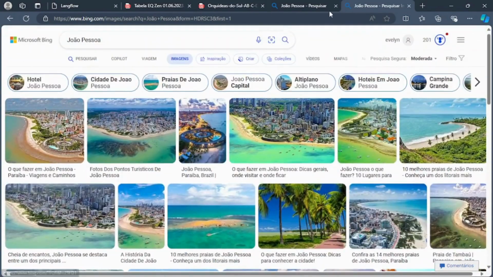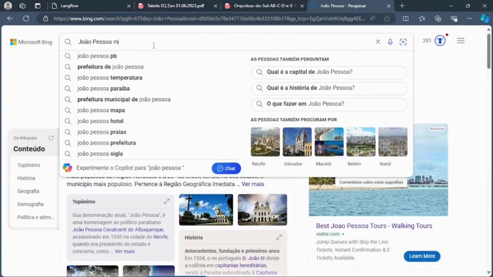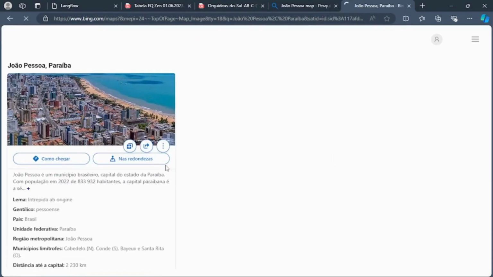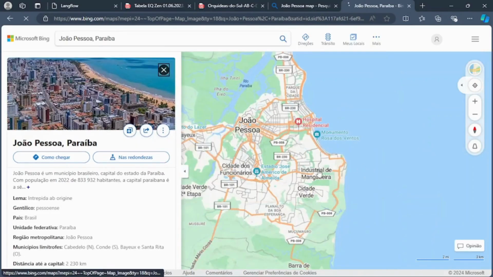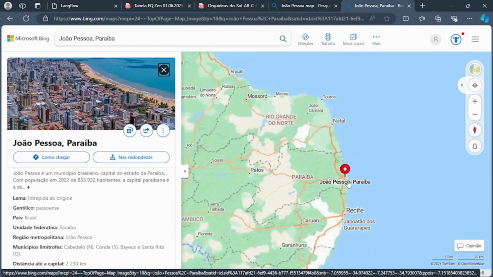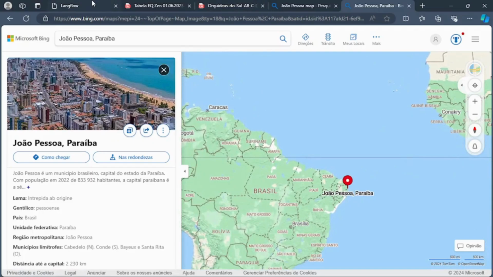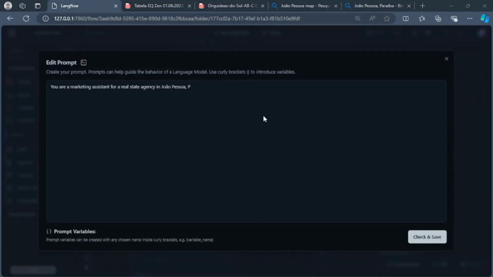No, that's not it. Here, João Pessoa. It stays in the very northeast part of Brazil, in the north of the state